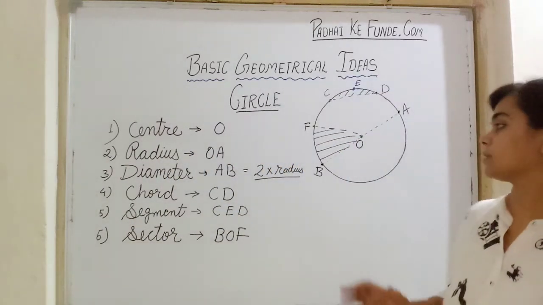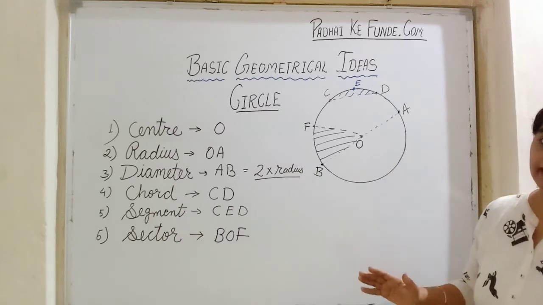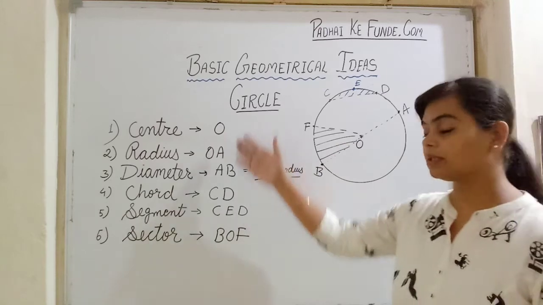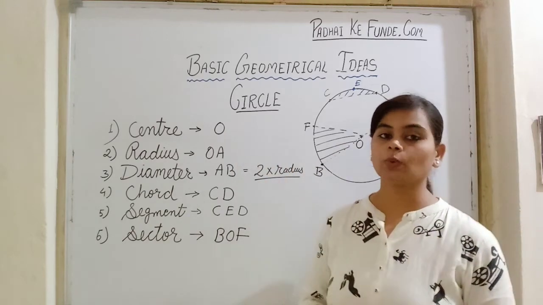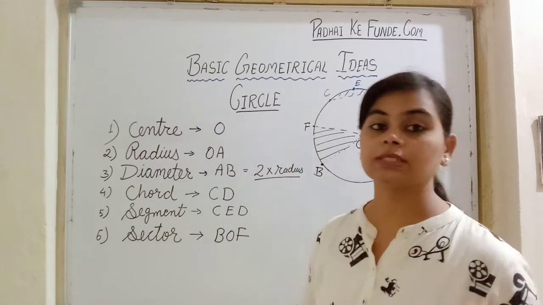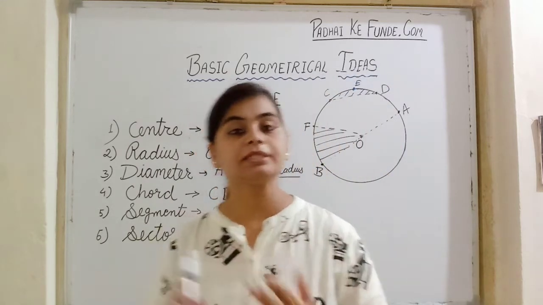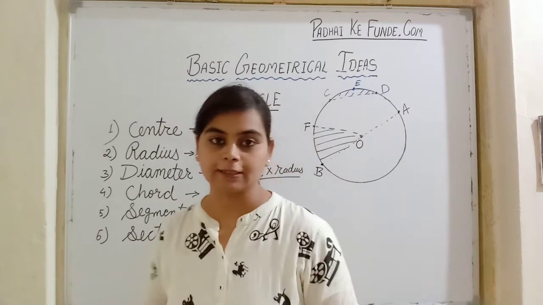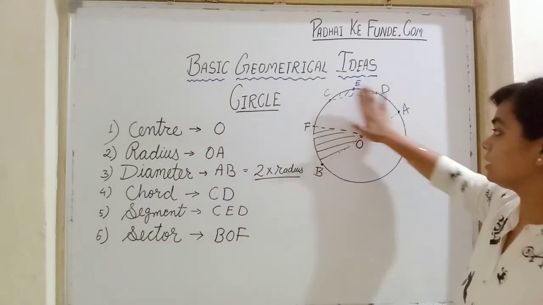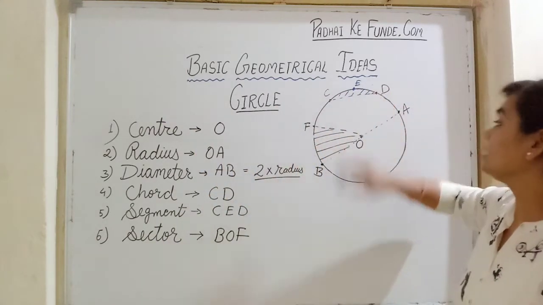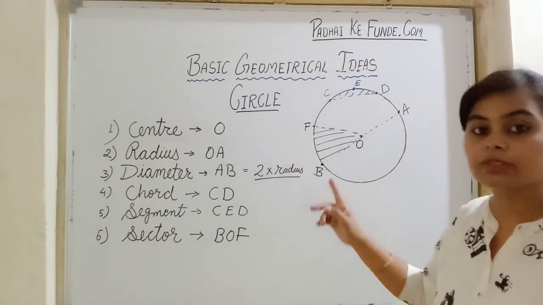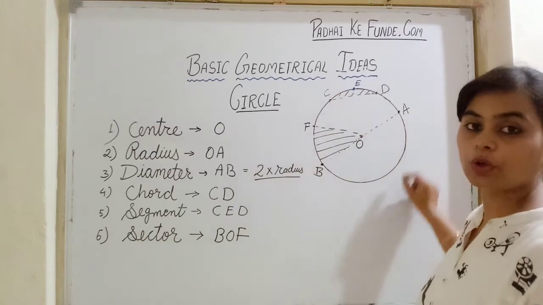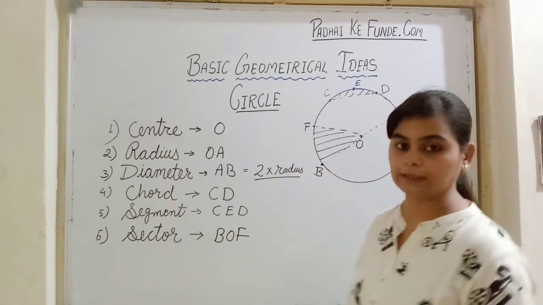Other than this, in a question it can be asked to label the parts. So in this manner you can label and make a list. And in another way, they can tell you to represent some points in the interior of the circle, in the exterior of the circle, or on the circle. Interior means the region inside the circle, exterior means anywhere outside, and on the circle means the points on the boundary of the circle.